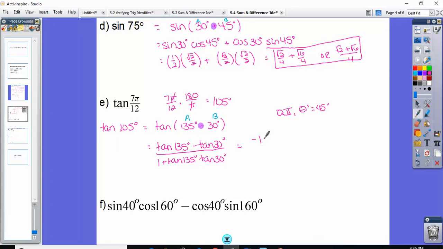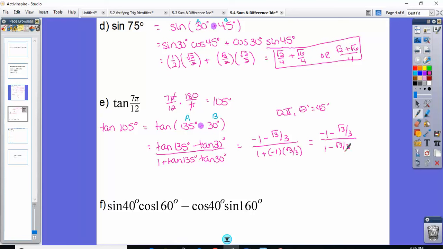Quadrant 2, tangent's negative, tangent of 45 is 1. Tangent of 30 is radical 3 over 3. So 1 plus negative 1 times radical 3 over 3. So I have negative 1 minus radical 3 over 3 over 1 minus